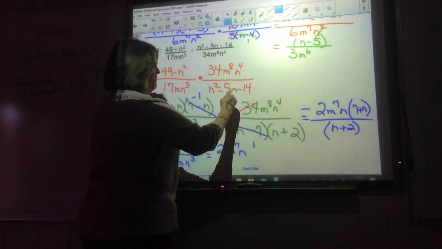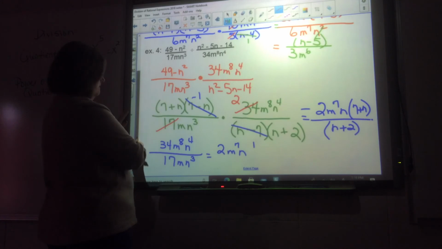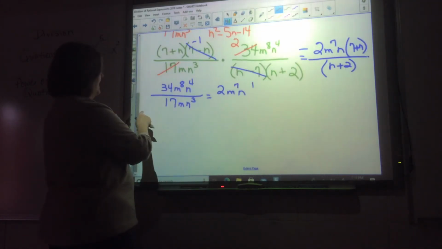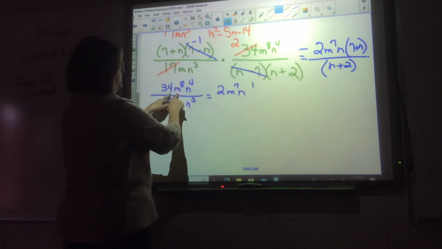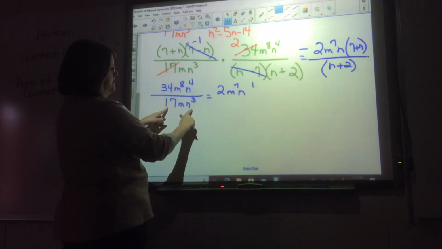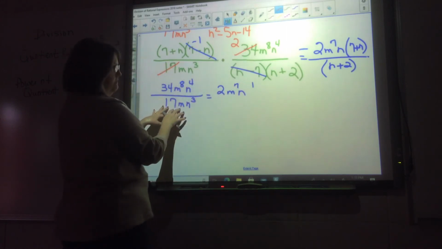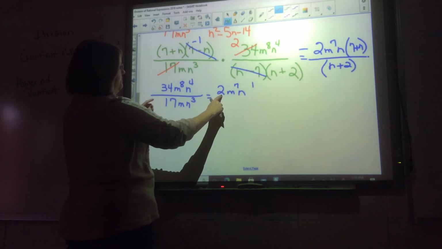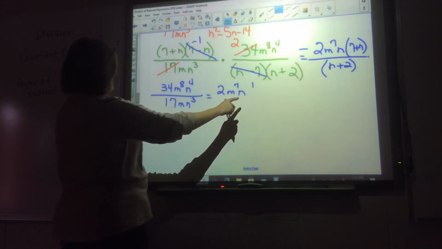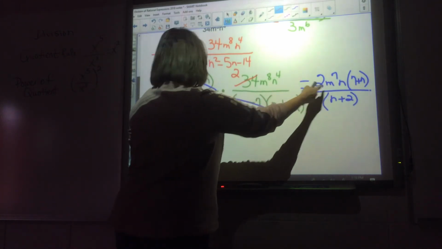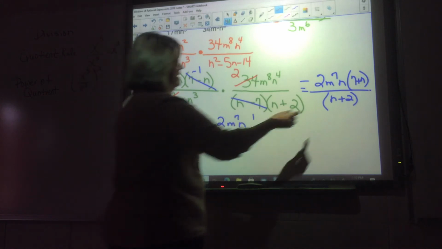17 into 34 is 2. So, and then this is how I came about this. You take that 34 m to the 8th, n to the 4th, and write it over 17 m n to the 3rd. I just took these two parts and pulled them and looked at them separately. That's going to give me 2 m to the 7th, n to the 1st. So that's what I have in this numerator with a negative sign, and then 7 plus n over n plus